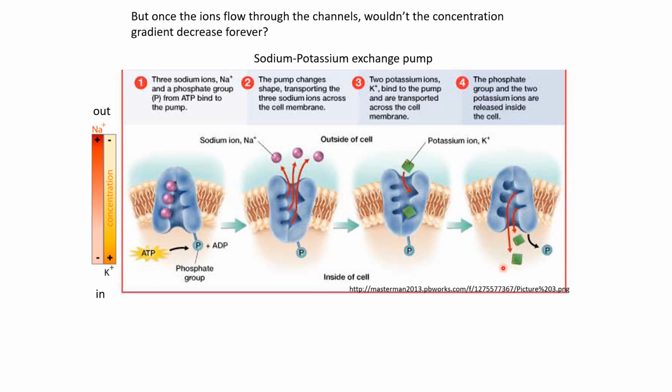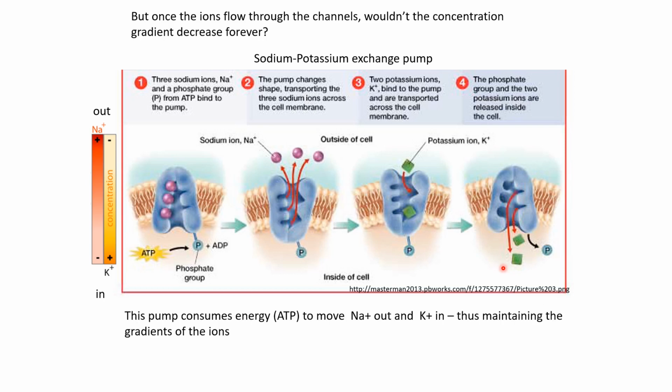Now, as you can see, this process consumes energy. In fact, this is the most energy consuming part of a neuron. About 2/3 of the energy that is consumed by a neuron is taken up by the single protein, the sodium potassium exchange pump, among the thousands of other proteins that are present in the cell. This one consumes a very large share of energy, but it is very important if the neurons have to function over a long time. Now this is not the only type of pump that is present.